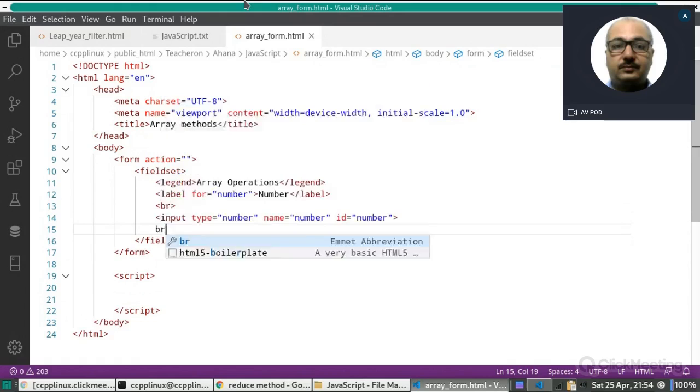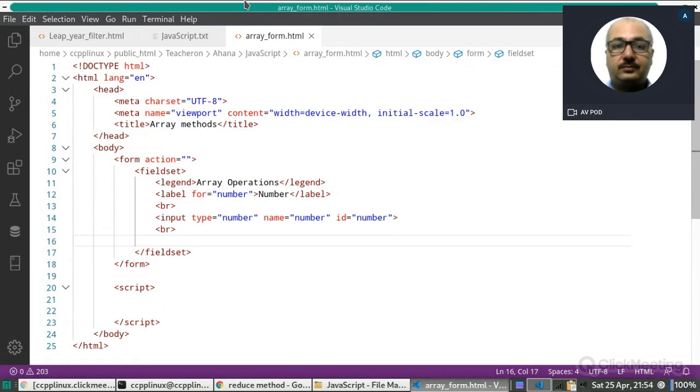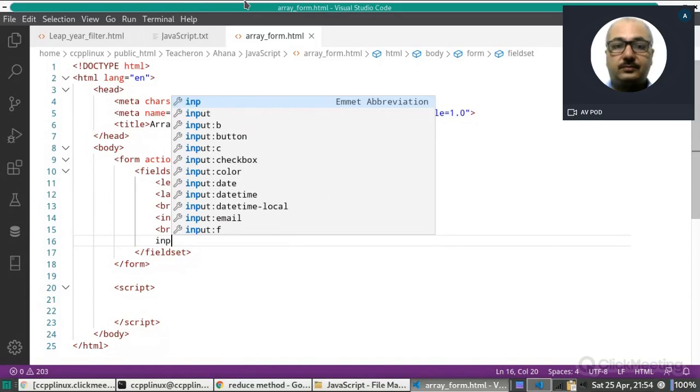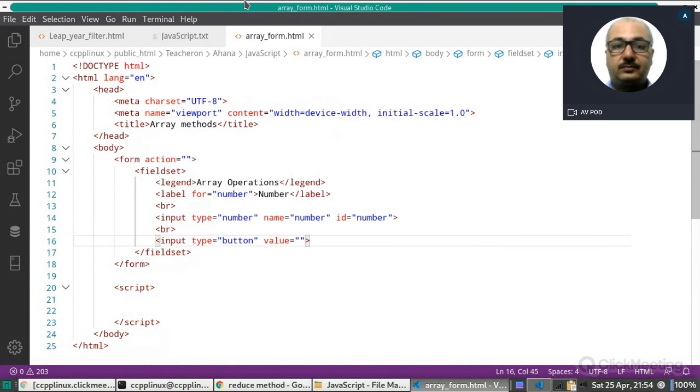Then one more br here, and here initially we will simply provide an add button. So again input, type equal to button, and here the message add. It will add and then display, something like this.